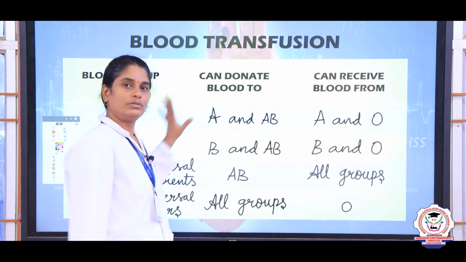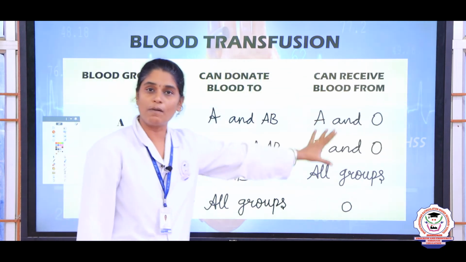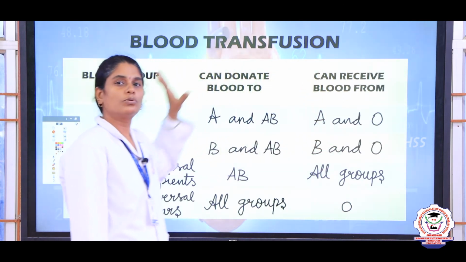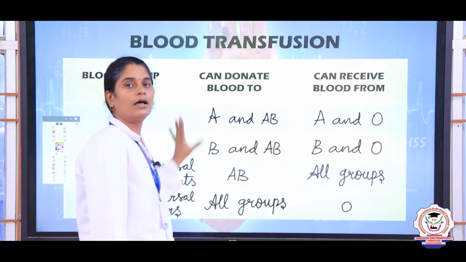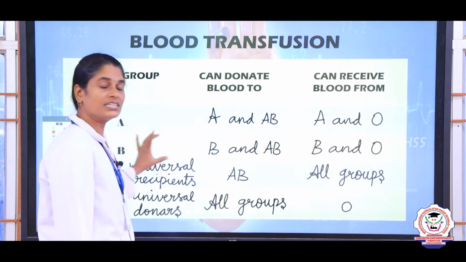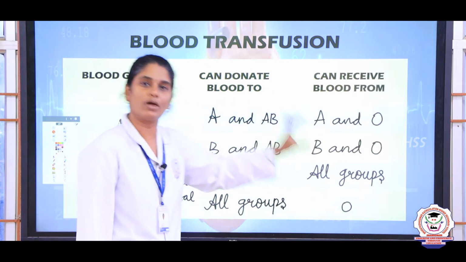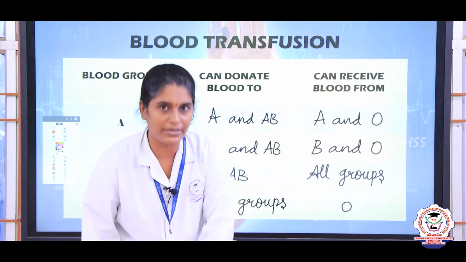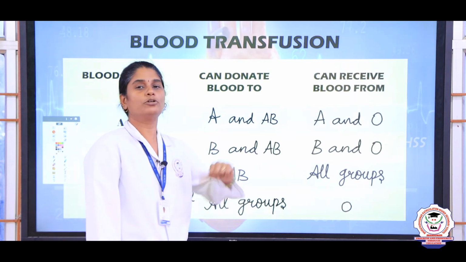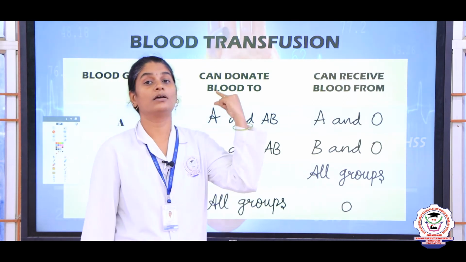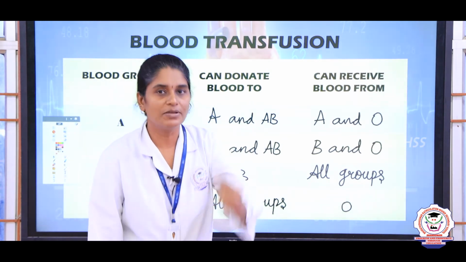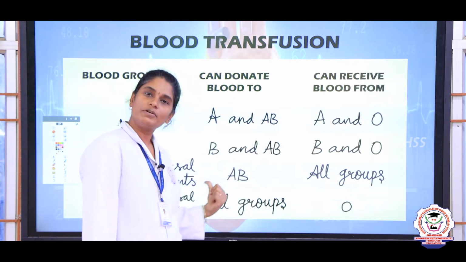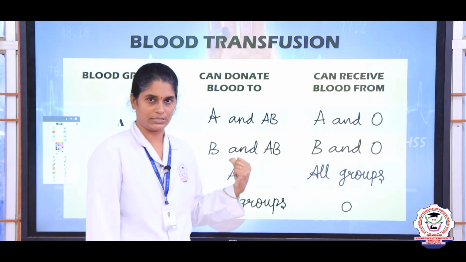Yes. So, this you may get in your 2 mark or in your 5 mark also. So, go through this, and about universal recipients and universal donors, they may ask in your 1 mark also. So, which blood group is called a universal recipient? The universal recipient blood group is AB, and which blood group is called the universal donor? Yes, the universal donors are O blood group persons, right.